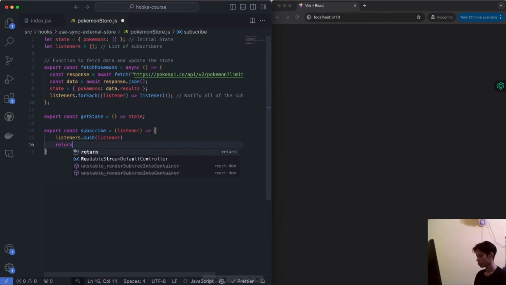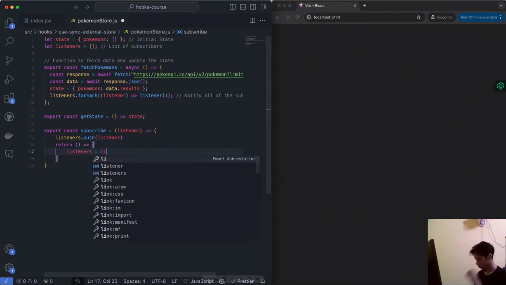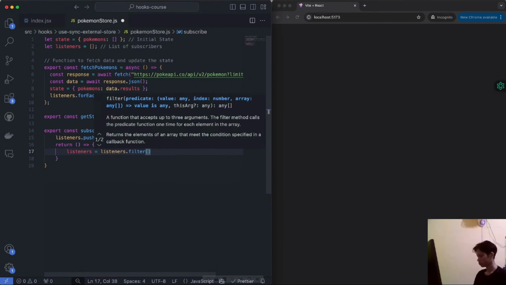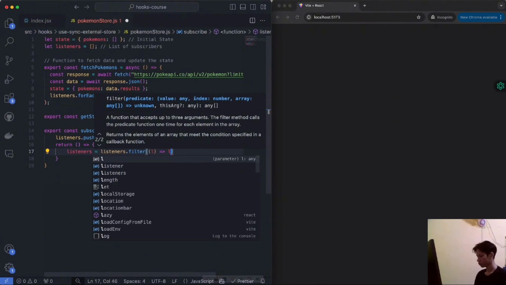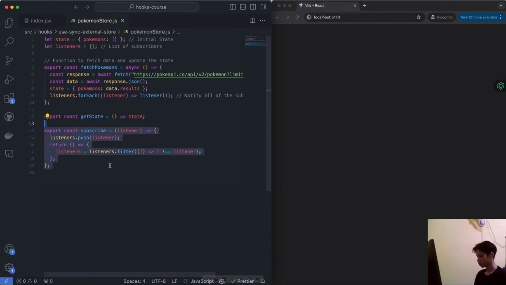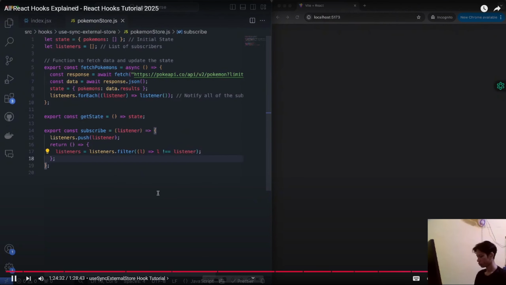And then when we finish this, we also want to clean this up and return back a function where I say listeners is equal to listeners.filter, and we'll just filter out if the listener is already there. So I'll say l is not equal to listener. So just some logic to keep it. I know it's a bit confusing. I recognize that, but this is a very common pattern that you might see when creating a store like this,